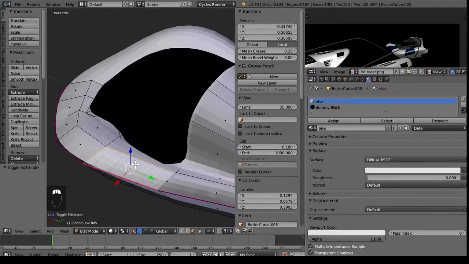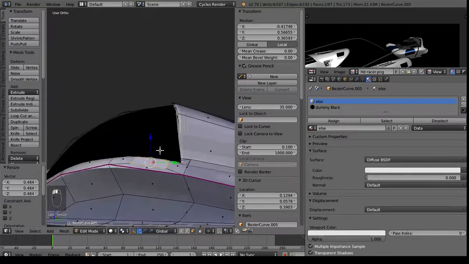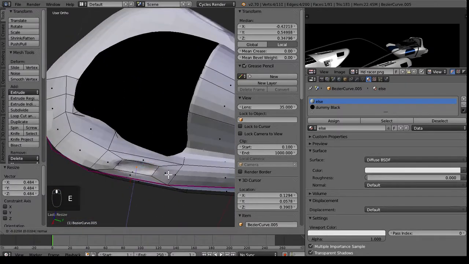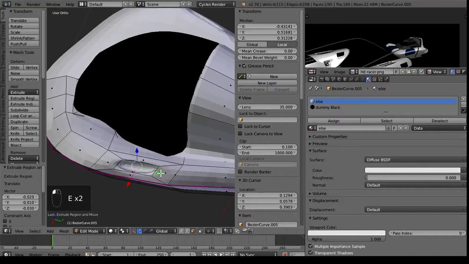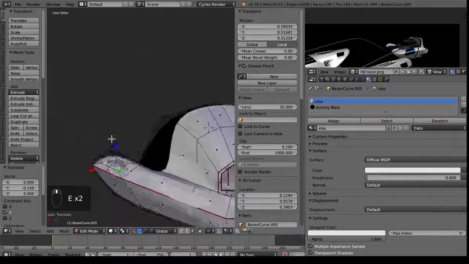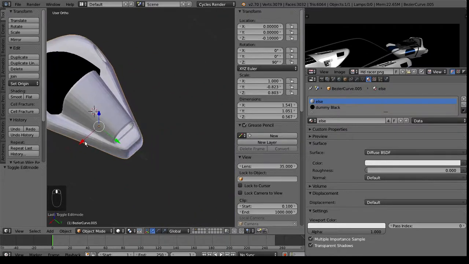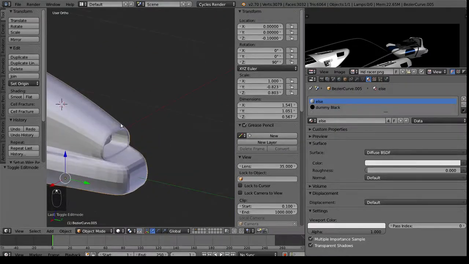So we'll grab this edge, or face, extrude it, scale it down, turn the mean crease to 0 there, because it copied the one from there. And then we want to extrude it again, just move it in just a little bit, and then extrude it once more, and drag it in like that. So there we have some openings that we can put some tubes coming out of, as well as some ventilation